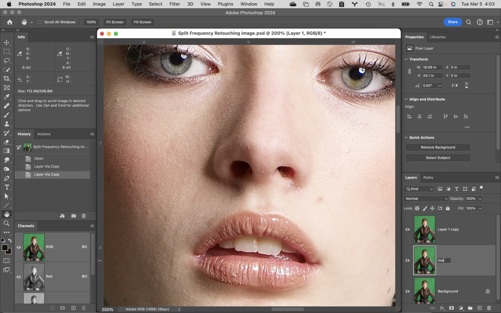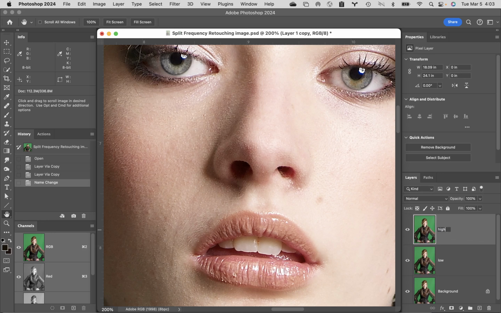And I got to be honest with you guys, naming these things is really critical, because where we ultimately get in to do the split work can get very confusing, and if you don't have your layers named correctly, you're just messed up. So don't do that. You can make this an action, but let's get through it and see what we're doing first, one step at a time. Then come up to the one that's on the top, double click on that one and rename it